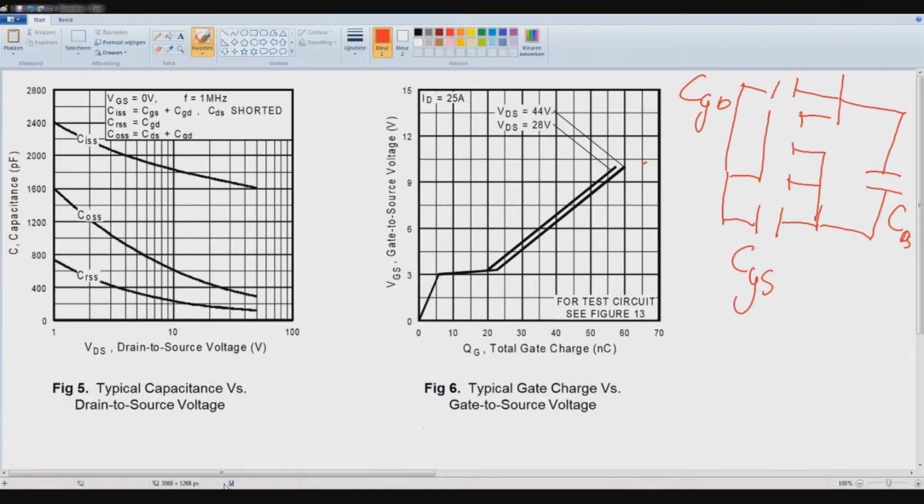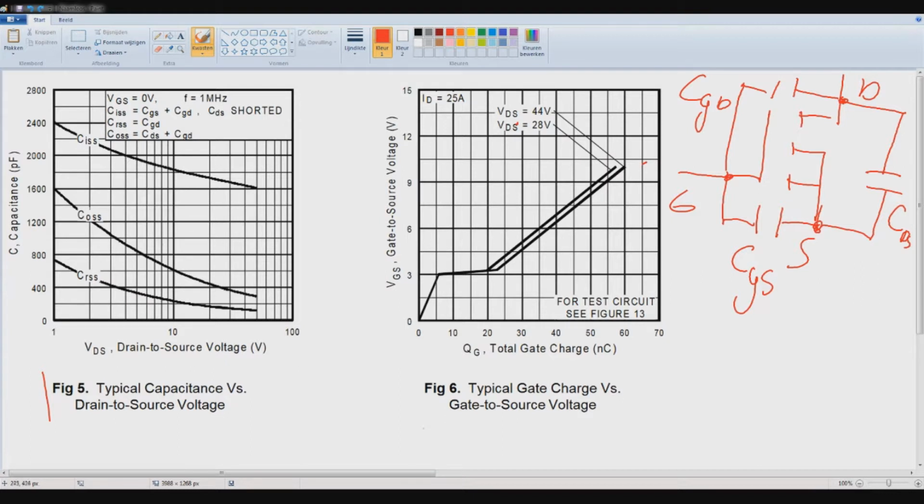So now for the capacitances in the MOSFET. I talked about them before, as you can see here in figure 5. You can see them back again, what they all mean, where the input and the output are and such. So if I draw this more visibly, as you can see over here again,